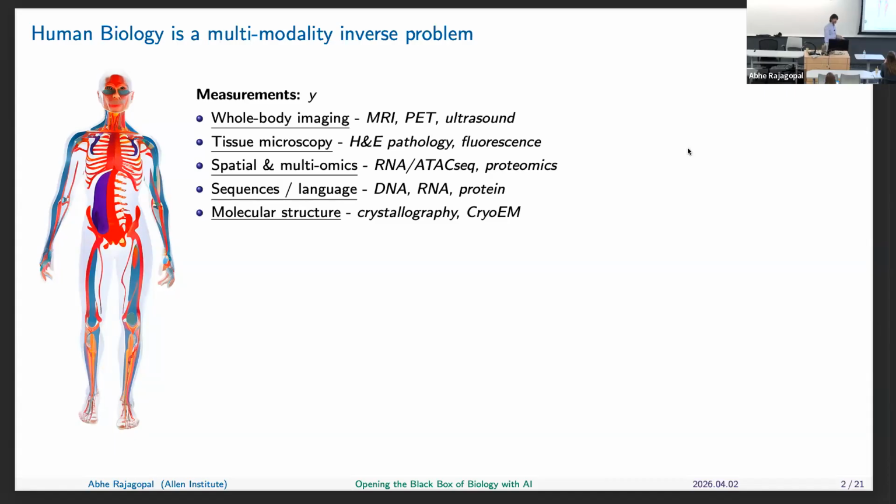We can go one level deeper. We can look at what is in our cells. So RNA-seq or ATAC-seq. RNA-seq, for example, is a way to measure what your cells are expressing in terms of genes, specifically in terms of the proteins that the RNAs are encoding, and we use that to back out, okay, what is the expression of various genes that are in our cells? We can go one level deeper than that. We could ask, what is the DNA that's in our cells? And we can sequence our DNA, ATGC. We can get the entire sequence and we can identify mutations and what's different between us and what's similar, or across different species.